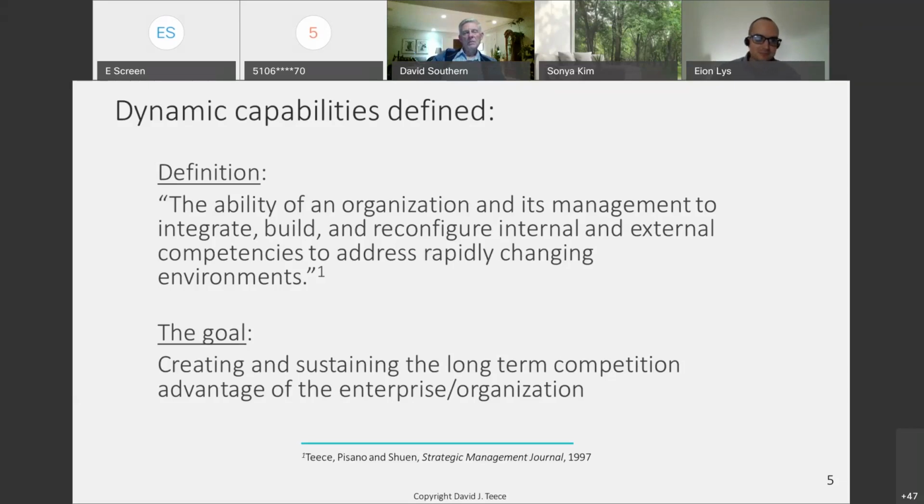And the goal of this class is to create a framework to help us understand how we both create and sustain long-term competitive advantage of the enterprise. Now, I could teach this at the level of the individual. I'd have to bone up a lot more on human psychology. Or I could teach it at the level of the nation state. I wanted to bone up a little bit more on the dysfunction of government organizations, and I am. But for the meantime, and for the next several years, I'm focusing on the business enterprise,